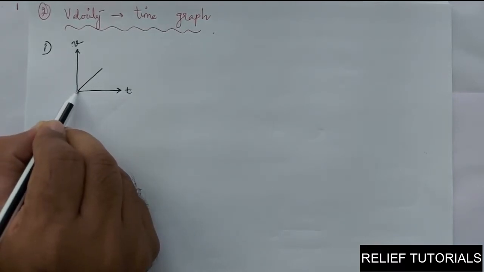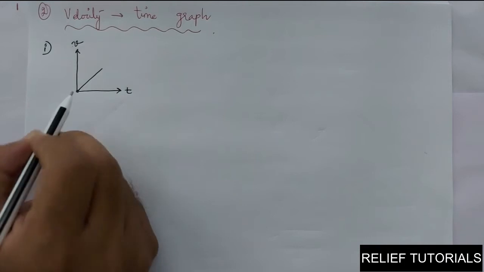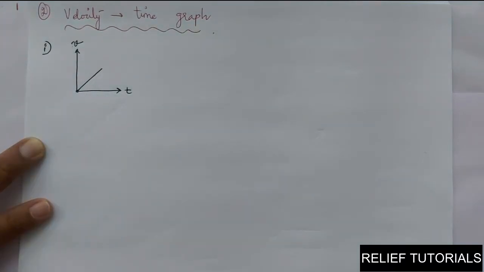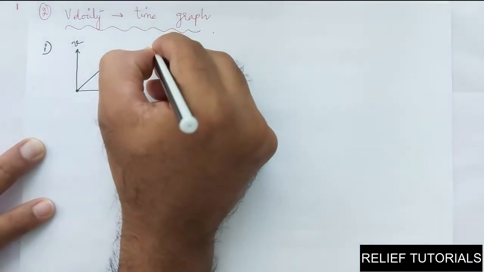So first of all, if the graph starts from the origin, it means initially the particle is stationary, because zero speed means zero velocity, means the particle is not moving. For example, on your Activa or any vehicle, if the pointer showing the speed is on 0, it means you are not moving actually. So the first point to be noted, if